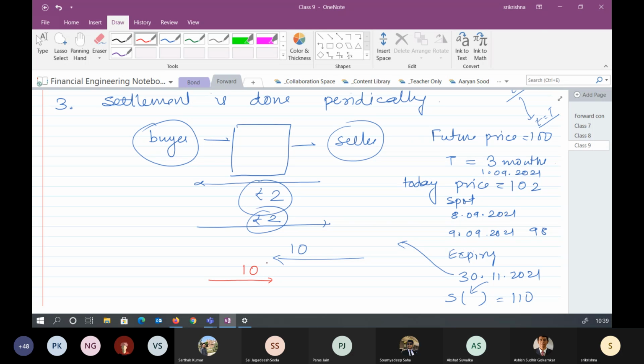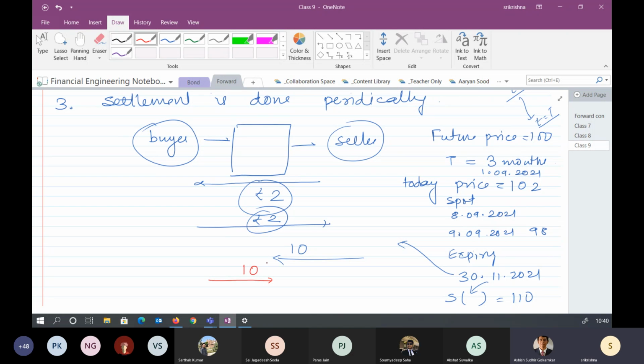Sir, after the buyer has paid, would the final price be reset at 100 or would it still stay at 90? No, the price would remain 100. Price would remain 100. So whenever a new period starts, then the price is reset? What do you mean by the new period? The settlement only occurs after the closing has been done at the clearing house, right?